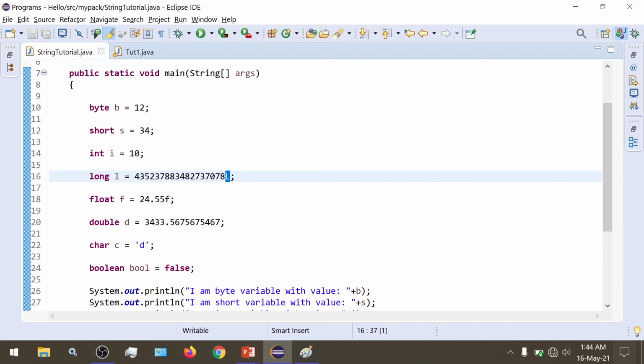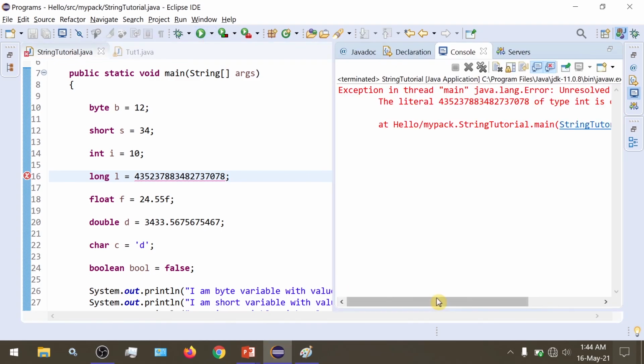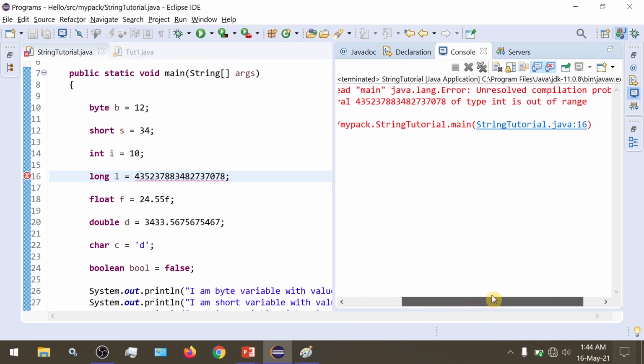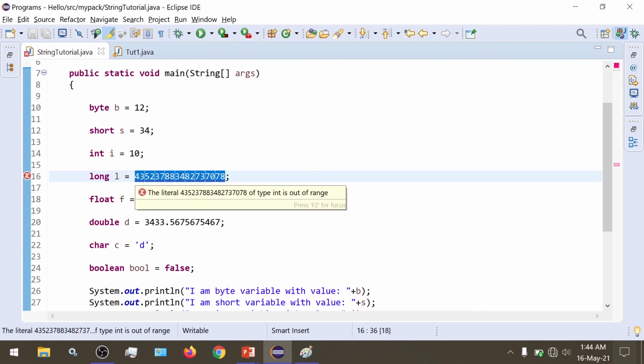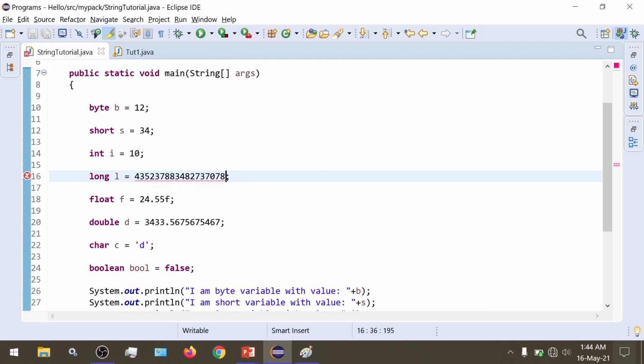Let's see, if we ignore the L, would our program work? It doesn't work. The literal is of type int and is out of range. By default, any number written inside a Java program is considered an int. So it would try to fit this inside the range of int, and since it is out of range, we get an error.